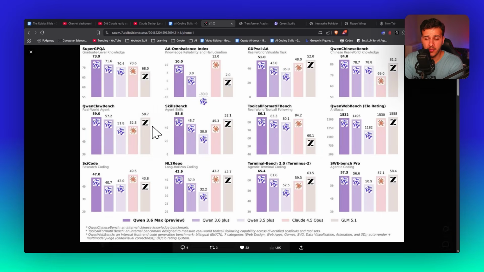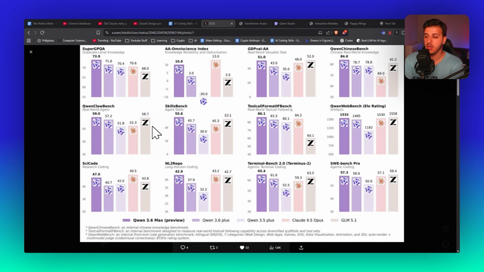Today we're going to be reviewing the new Qwen model, specifically Qwen 3.6 Max preview. And it seems like it's a very capable model. We're going to begin with benchmarks and then we're going to test it out using three high quality prompts. If you're not interested in benchmarks, jump to the third or fourth minute of today's video to see actual real